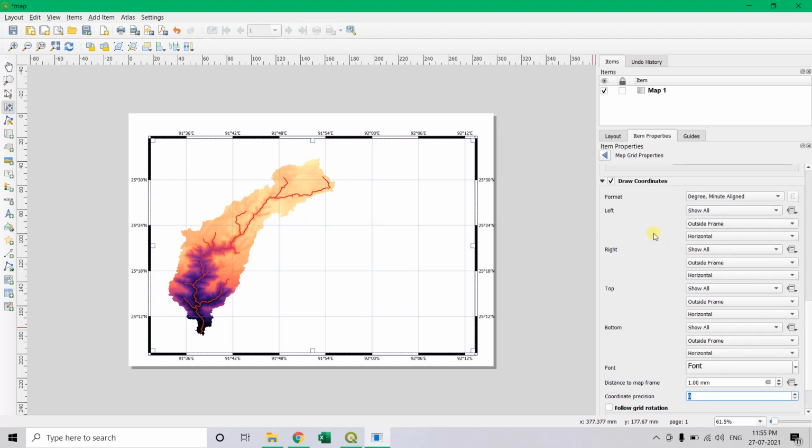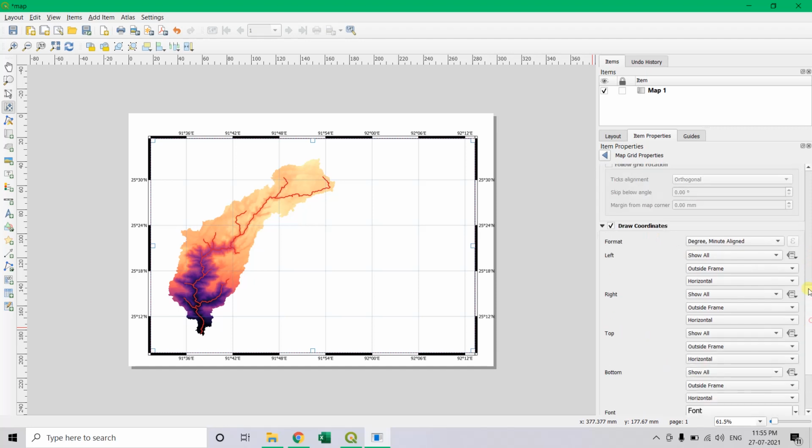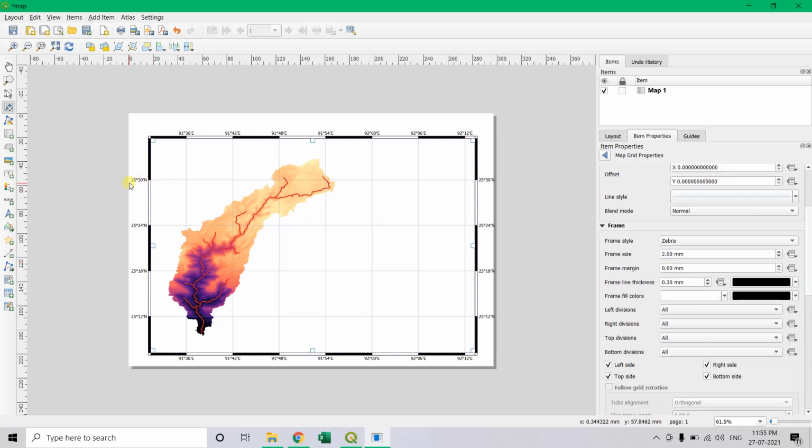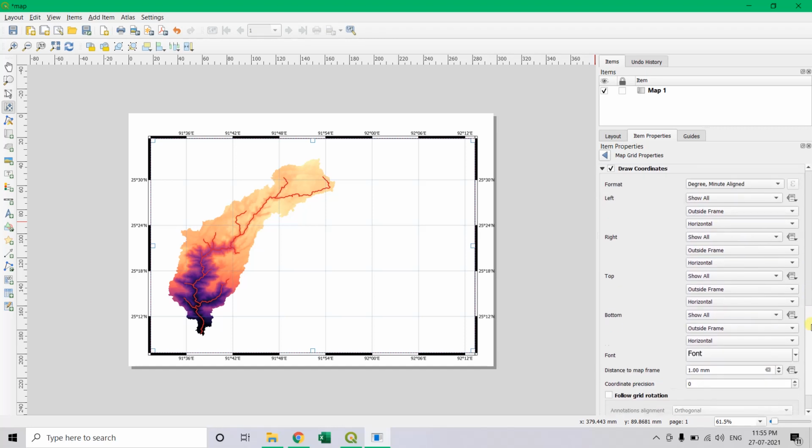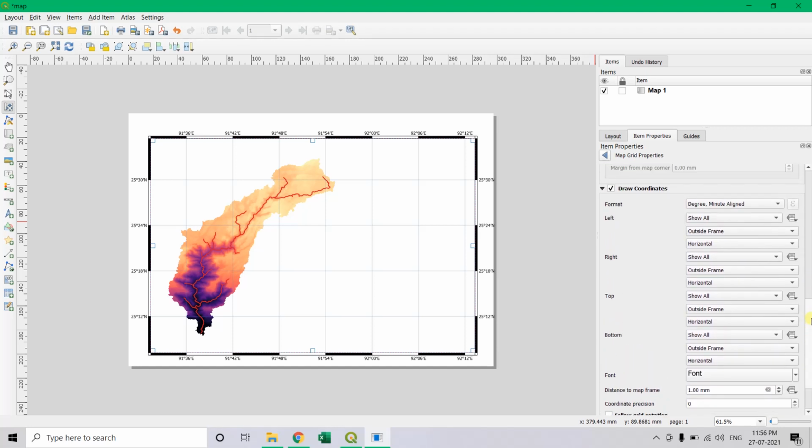Now you can see here on the left hand side and the right hand side, these coordinates are aligned horizontally, and they will occupy some space. When you are designing for any book or any journal, the main thing is that you have to fit a lot of things in a limited amount of space, so you need to reduce some space. So for that, on the left hand side, let us do it in vertical direction. Let us do vertical ascending direction.